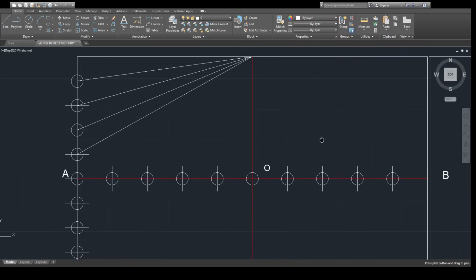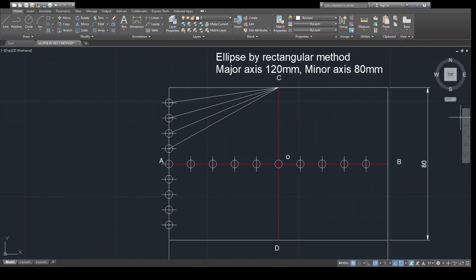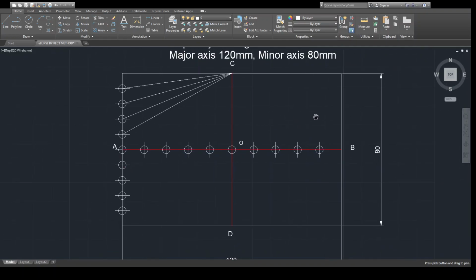What is the next step now? Next we will draw a line from point D up to this point. Then similarly to this point, then the same up to this point, then the same up to this point.